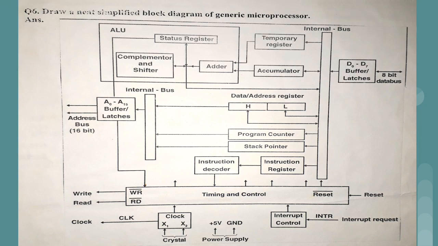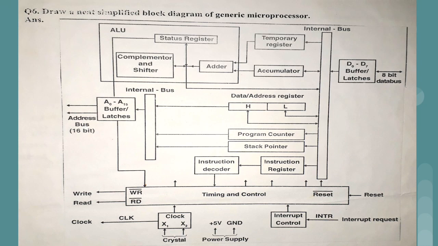So now we are having the generic microprocessor. Actually this particular diagram is a combination of all the components which we have seen in the CPU register diagram or in the microcomputer based system. Again we start from the right hand side. We have data buses, which are connected to the buffers and latches, and these buffers and latches are connected to the internal bus. To the internal bus, the temporary register, accumulator, data address register, program counter, stack pointer and instruction register are connected. From this diagram, if you remember, we have seen the CPU organization, CPU architecture, right?